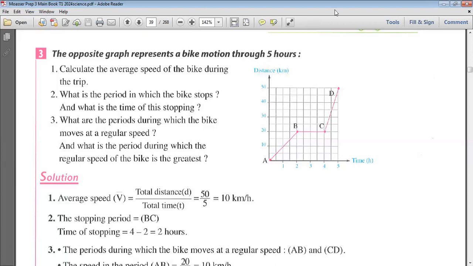So number 1 is done. Calculate the average speed of the bike during the trip. The average speed is total distance over total time. Total distance equals 50, total time equals 5, so 10 kilometers